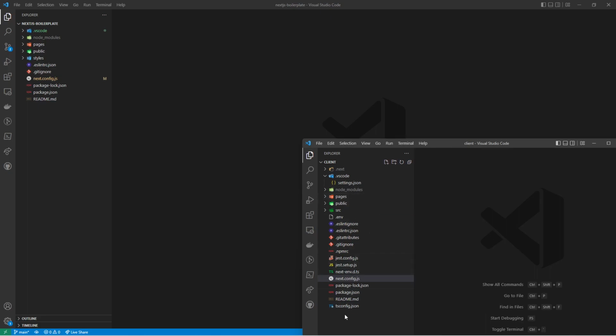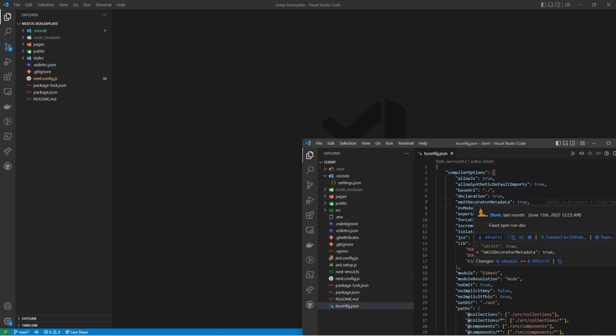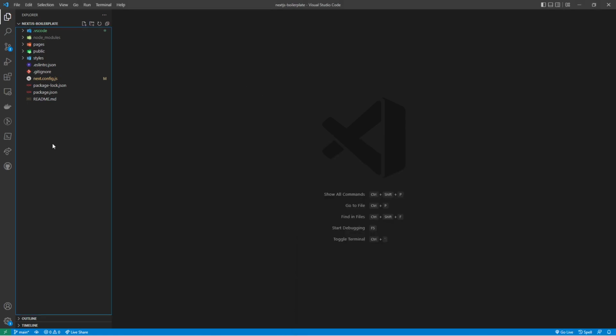so the next thing we want to do is create this TS config, gigantic TS config. You don't have to do this. I'll leave this link in the description, so you can just clone this project. And everything I build from now will be based off this boilerplate. So if you want to follow along, you can just clone it and give it a different name every time you follow a tutorial, or just build upon the very first one you start building and take it from there. Okay, so